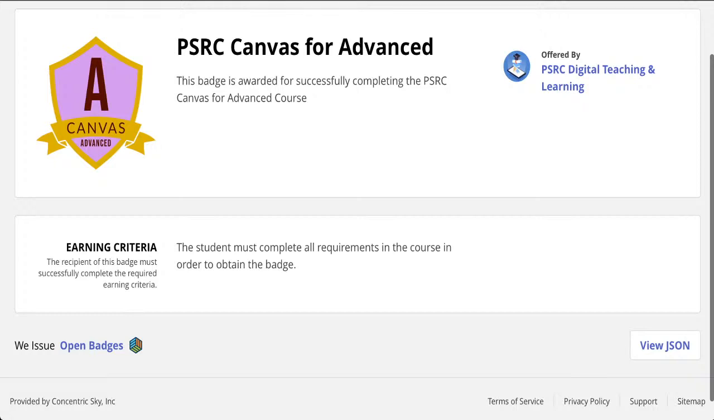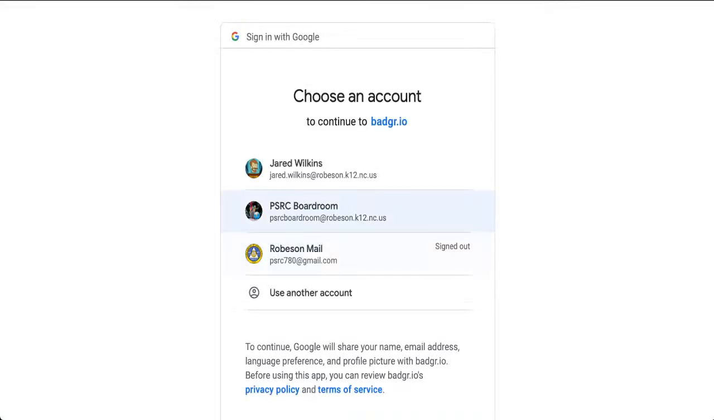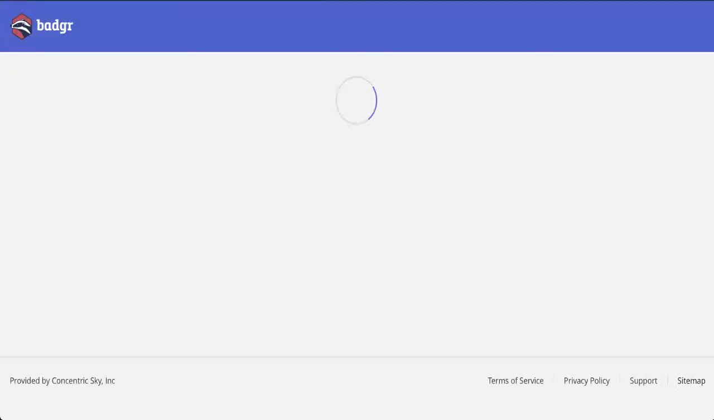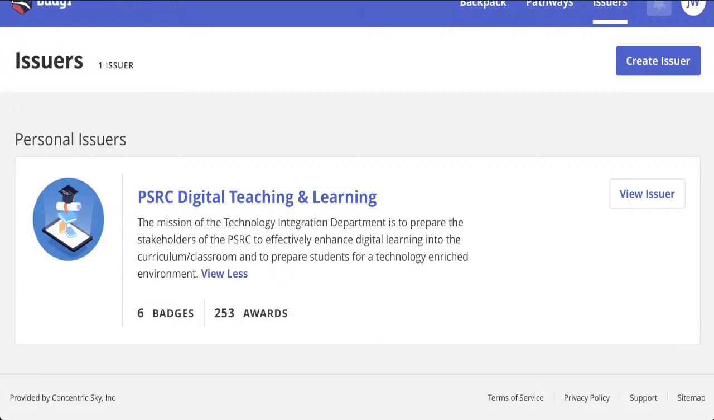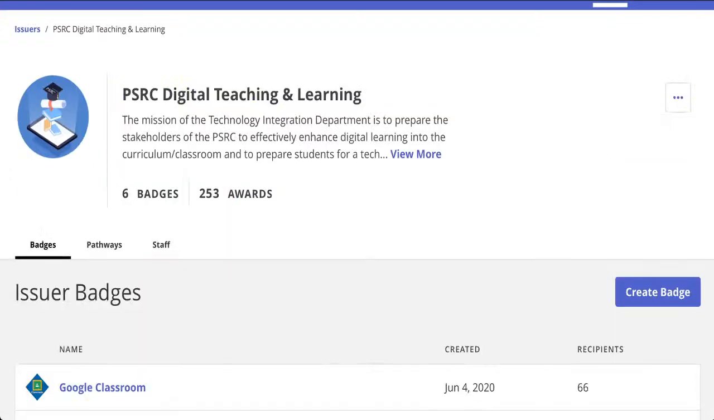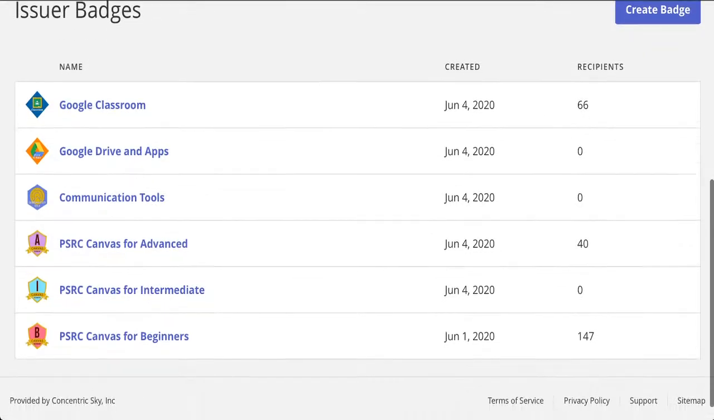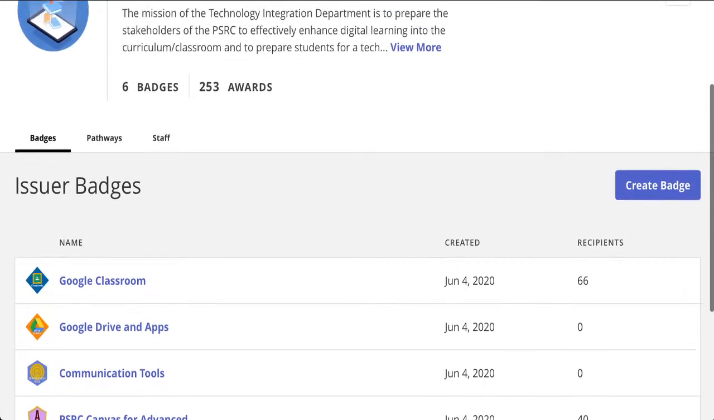Click View Criteria. And you should be able to sign in at the top. See where it says sign in? Yep. You remember it's a few seconds below. It's catching up. View issuer. Okay, so it's much easier if